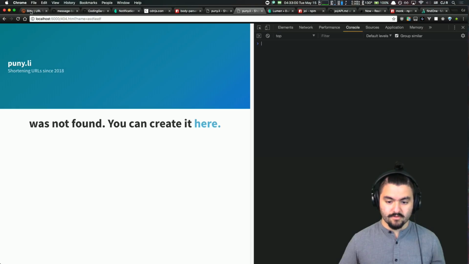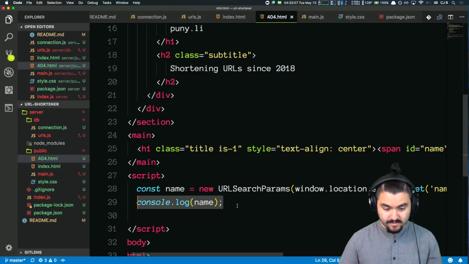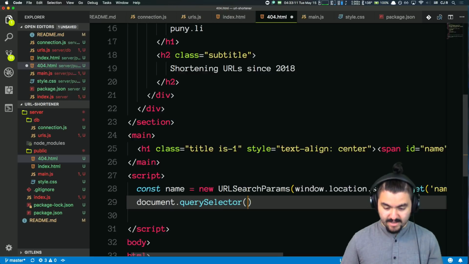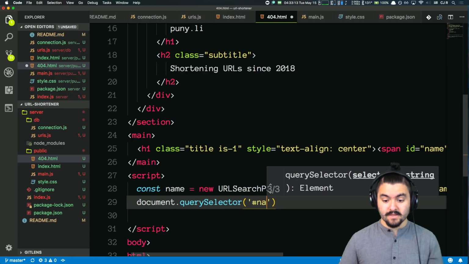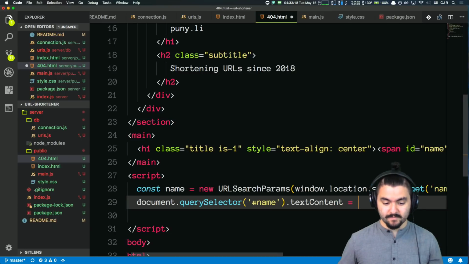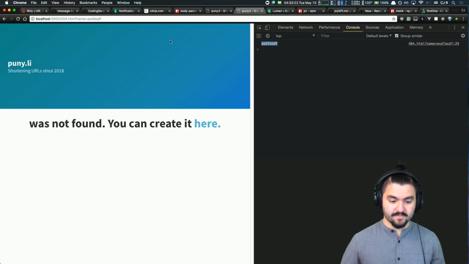So if I do refresh, yeah, so that's grabbing the name. Now I just need to update that on the thing with ID name. So I'll say document.querySelector, the element with the ID name, set its text content to be the name. Just like that. So now if you go to something,